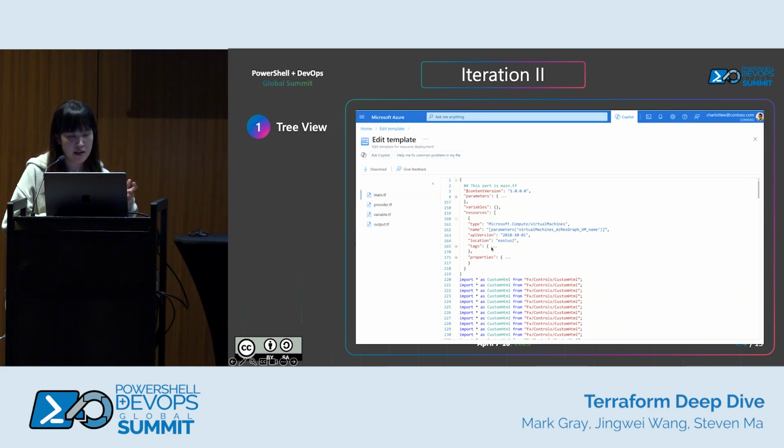One highlight is that currently all the generated Terraform files are condensed into one single file. So to help improve this experience, we will try to